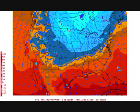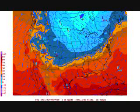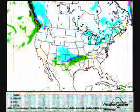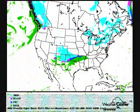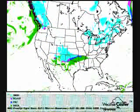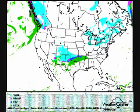Here's a look at the surface temperatures, and the solid blue line is the 32-degree line. So we could be seeing some freezing rain from Oklahoma City to Tulsa to maybe Fayetteville, Arkansas, as we head into Thursday evening. That'll gradually transition over to sleet and then snow, and you can see that here on the ADA depiction of precipitation type. That dark blue is freezing rain, the pink becomes sleet, and then the lighter blue is where it's anticipating snow with some light rains or steadier rains for Dallas on over into Little Rock as you head into